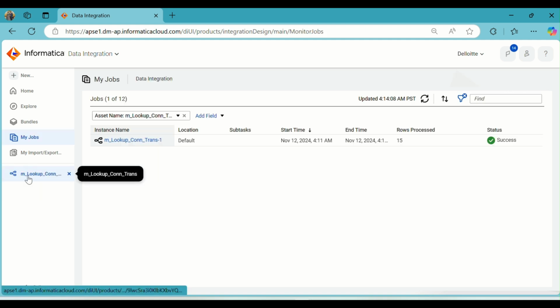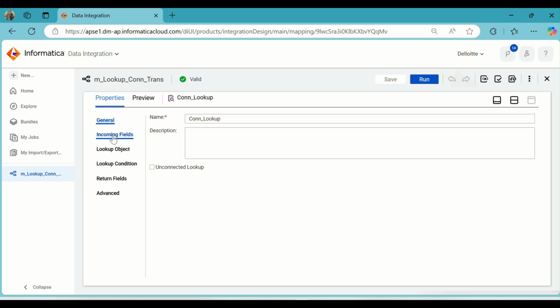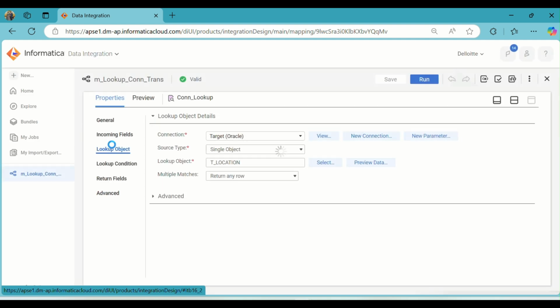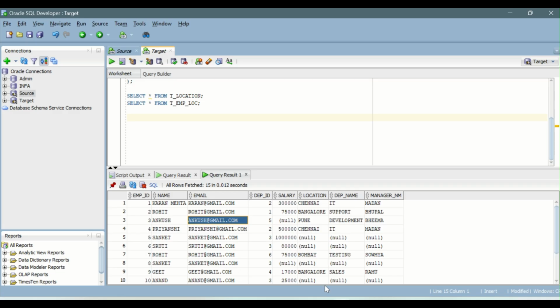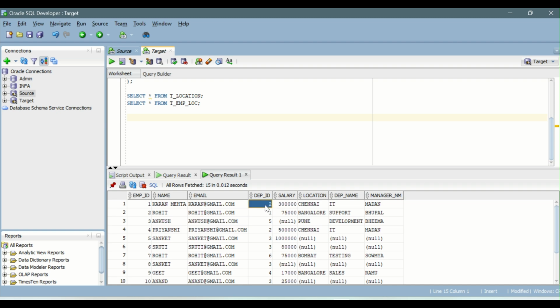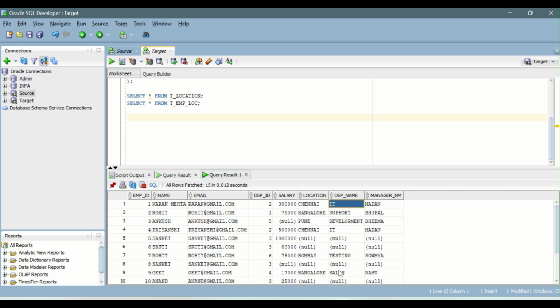So this is a connected lookup transformation, right? If you go to the lookup transformation here, in the lookup object, there is a return any row option, right? Let's say we have multiple matches. For department 2, the department name is IT, right? If I create another department 2 with another department name, let's say here we have testing, sales, development, and support, for the same department ID,